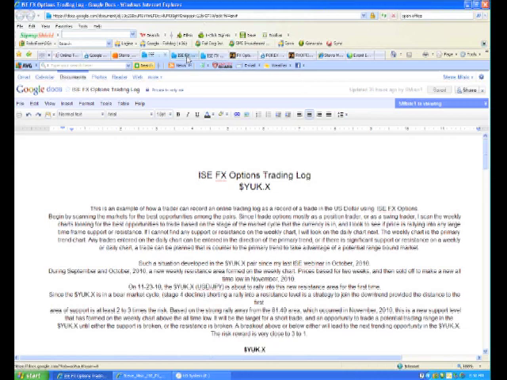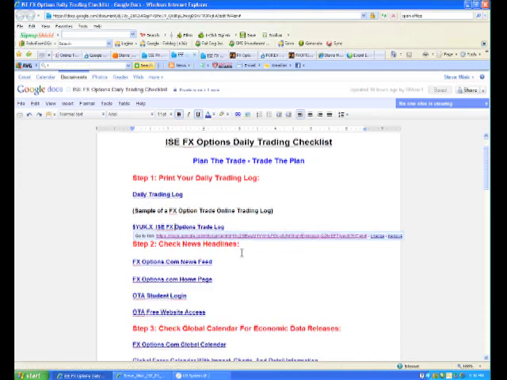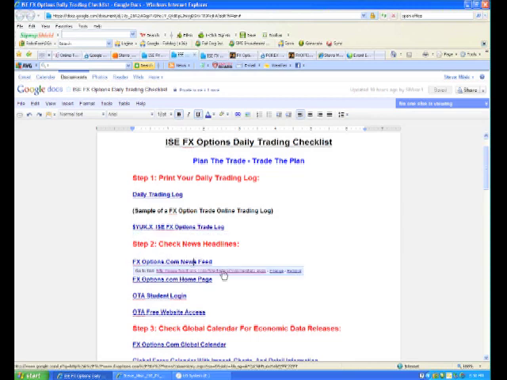So here is the daily checklist. Step number 2, checking news headlines. I'm going to click on this link here that says fxoptions.com newsfeed. It's going to take me to a page here